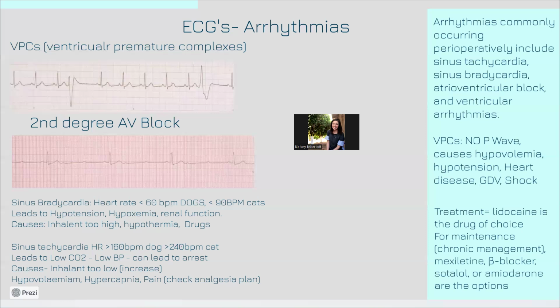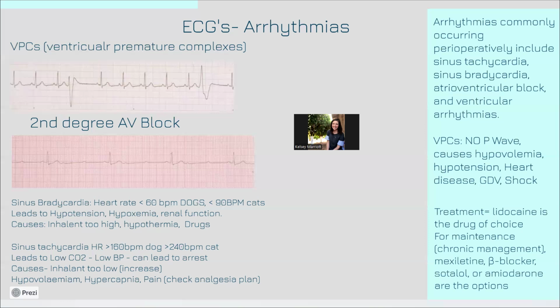We also have second degree AV block, which can also be due to cardiogenic diseases or, again, the drugs we used. When we talked about dexmedetomidine earlier, we can see second degree AV block during those times, or even first degree. When we break down our ECGs, I know it's going to be overwhelming when you look at all the different ECGs that you can see. The thing that will help when we talk about arrhythmias is knowing sinus bradycardia and